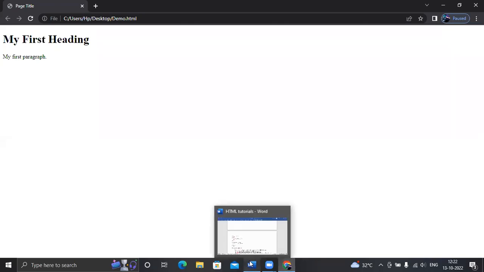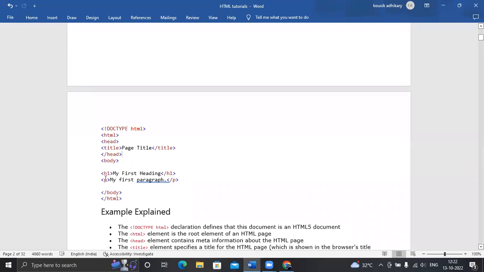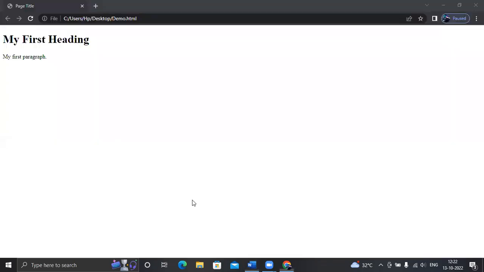Within that body, I have written within the heading h1 tag, header 1 tag, my first heading, and within the p tag, that means the paragraph tag, I have written my first paragraph.